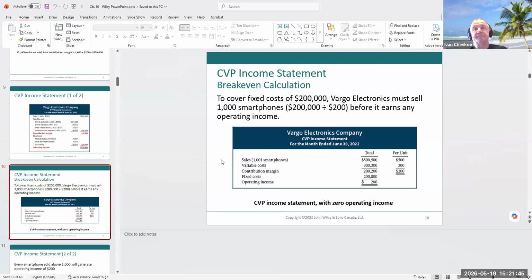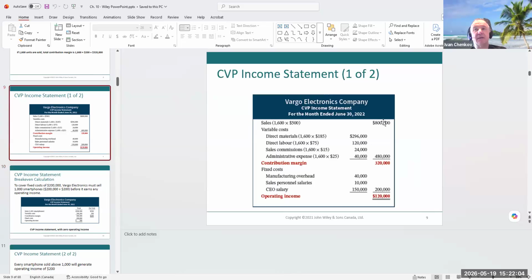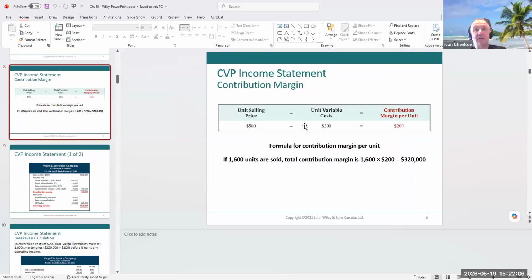So what can we do? The first one is to calculate how many units we need to sell in order to cover our fixed cost, or to be cost free. Now, the one thing that we have to remember is every unit that we're selling comes with the sales price